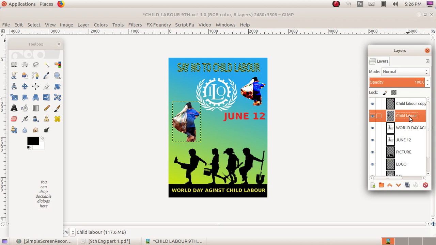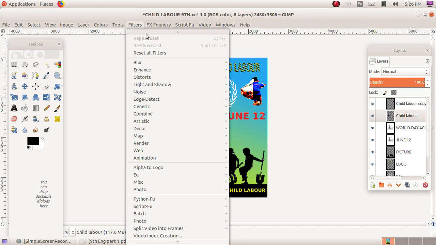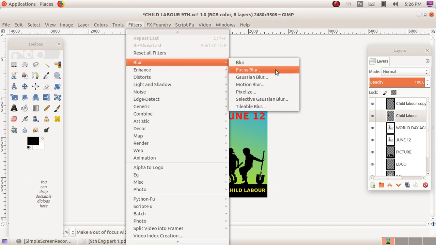Click on the layer which has the picture in the layer palette. We can also use the selection tool to select a particular portion of the picture to be blurred. Then go to the Filters menu, Blur, any blur effect. Here, focus blur.